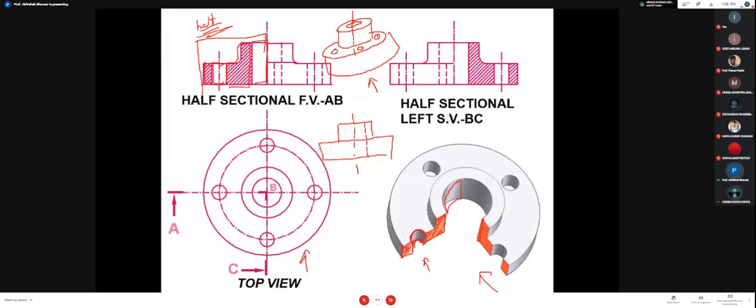Here on this side the hole is there. I am going to show that hole. Here on this side also the hole is there, so I am going to show that hole. One hole is here as well. Okay, there are 4 holes. So half hole is visible on this side, half hole will be there. So half hole will be visible to me. So if I want to draw it, half hole will be on this side, half hole will be on this side.